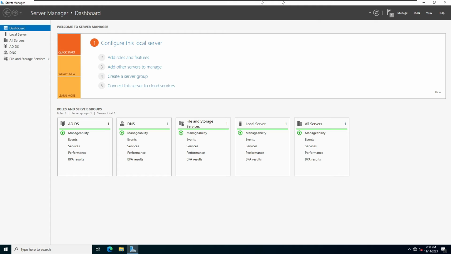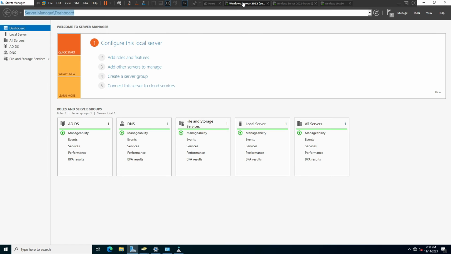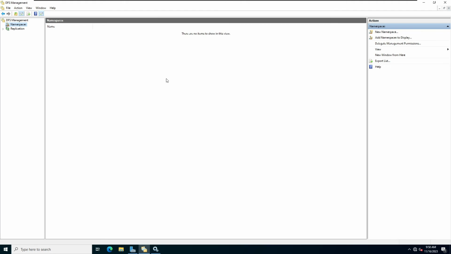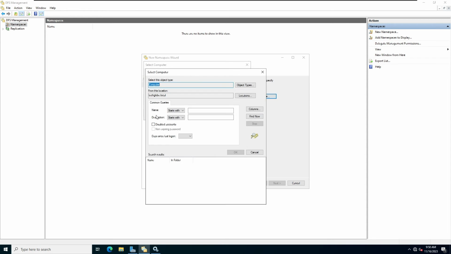And now I'm going back to Server 1 and click on Tools on Server Manager and select DFS Management. On DFS Management, I'm going to right click and select New Namespace and click on Browse and select Advanced and Find Now. Here are the listed computers. First I'm going to create on Server 1